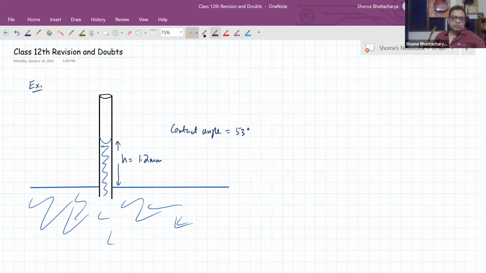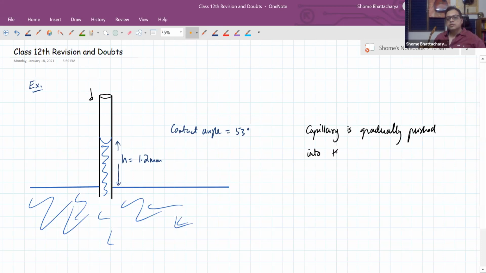Okay, now this capillary is gradually pushed in like this into the liquid, okay, such that